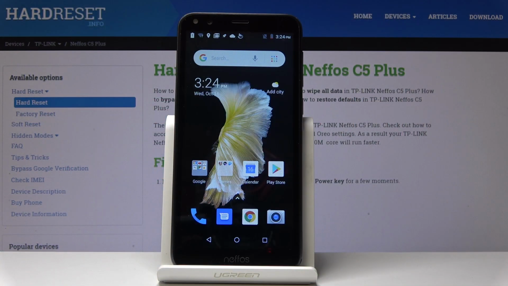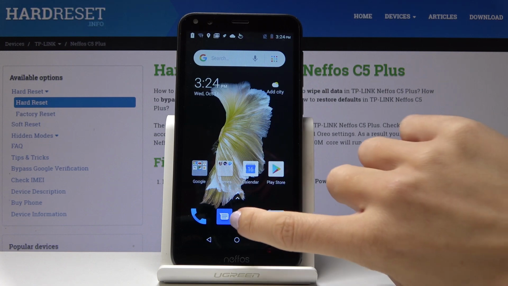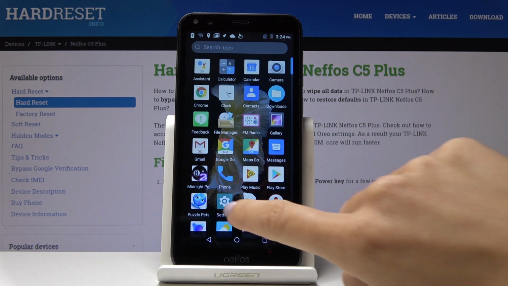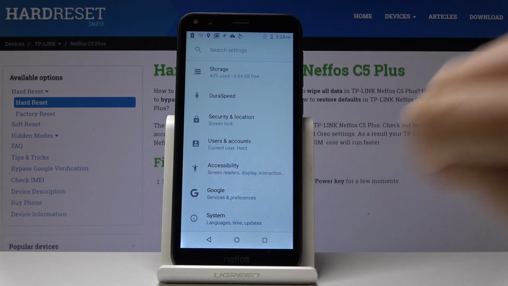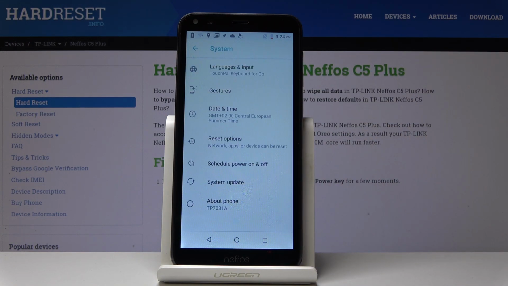Here I've got Neffos C5 Plus, and let me show you how to change date and time on the following device. So at first you have to open the list of all applications, then find and pick the settings. Now you have to open and select System, so it's the very last step, and now go to Date and